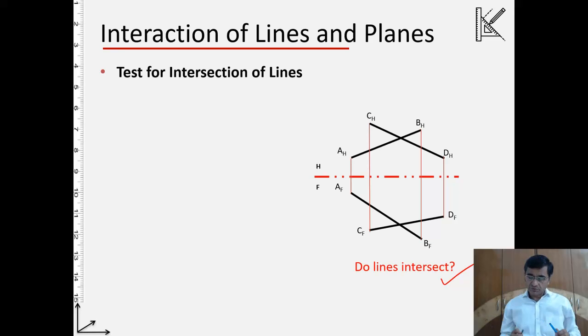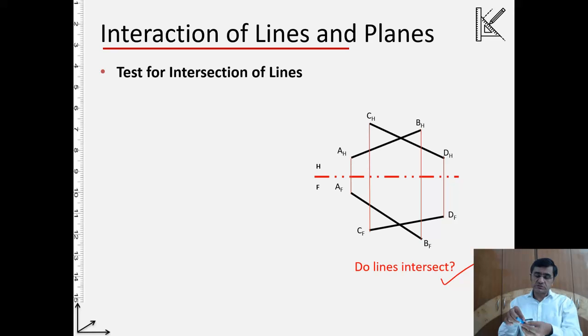However, looking at the projections on the horizontal plane, right now these two lines are not intersecting, they are separated, but on the horizontal plane they will appear to be intersecting. Similarly, these two lines will appear to be intersecting onto the frontal plane. Alright, so what is the condition when these two lines will definitely intersect? Okay, if these two lines intersect, I have got a point of intersection.